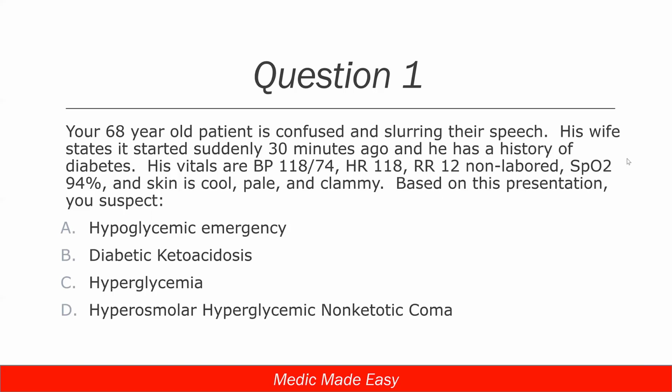They're not giving us a blood sugar because that would help too well. Okay. So we have the skin is cool, pale, and clammy, and that's one that you can remember. If you know that our answers are all diabetic answers, if we've got cool, pale, clammy, that was one of those findings of a low blood sugar. Cool, pale, clammy, give them candy. We need to raise their blood sugar. So if you just recognize that cool, pale, clammy shows up with low blood sugar, that would put A as a great option.